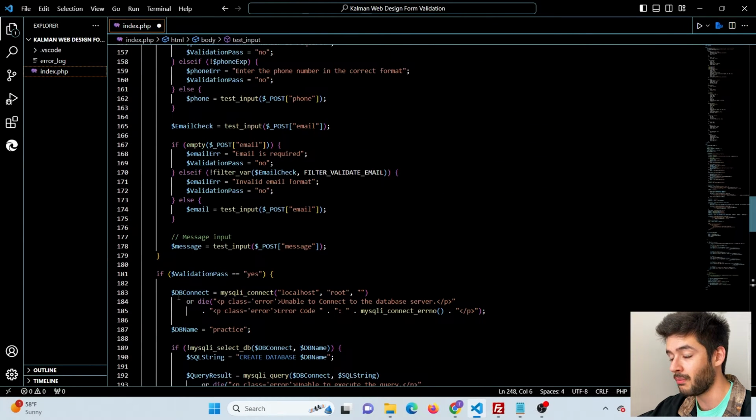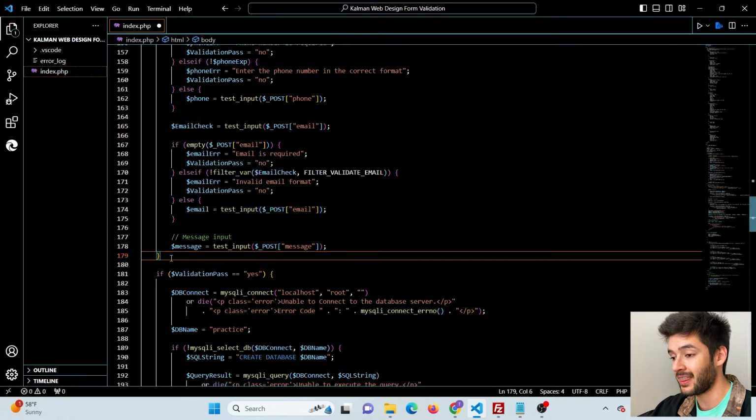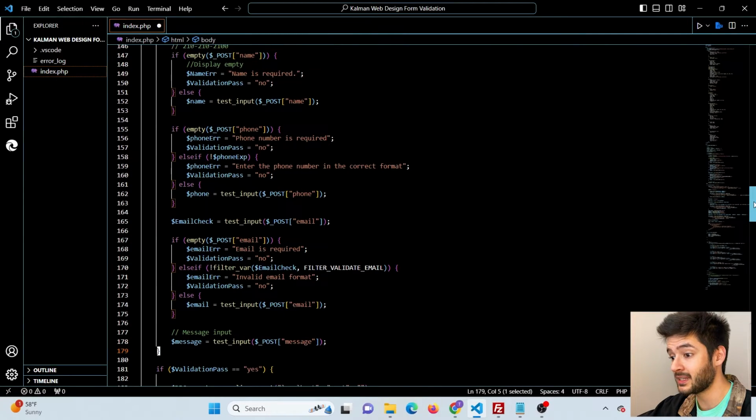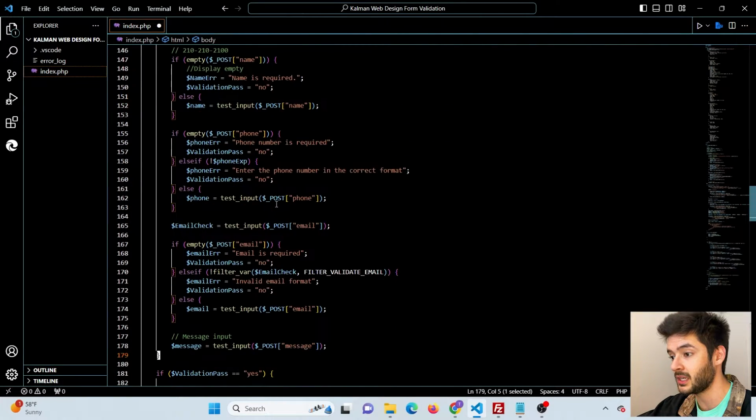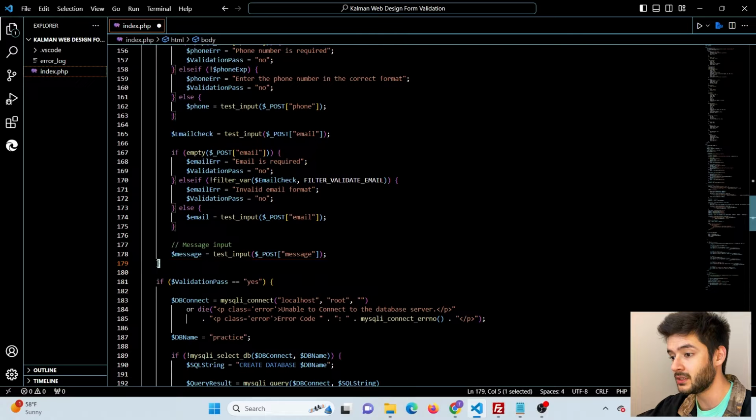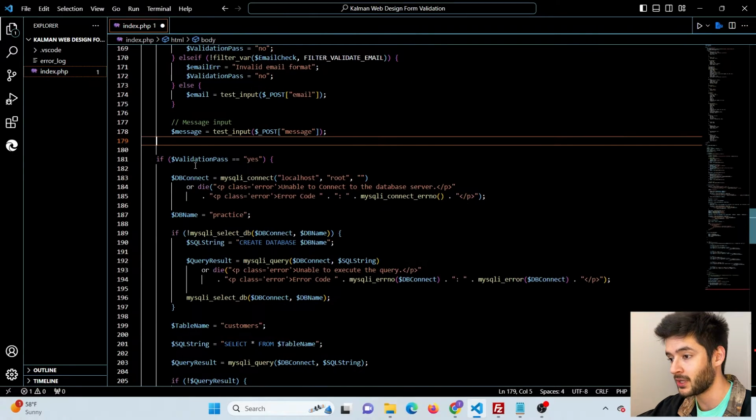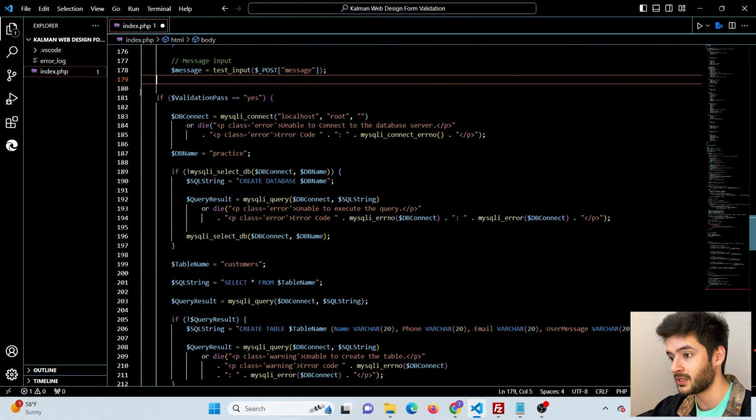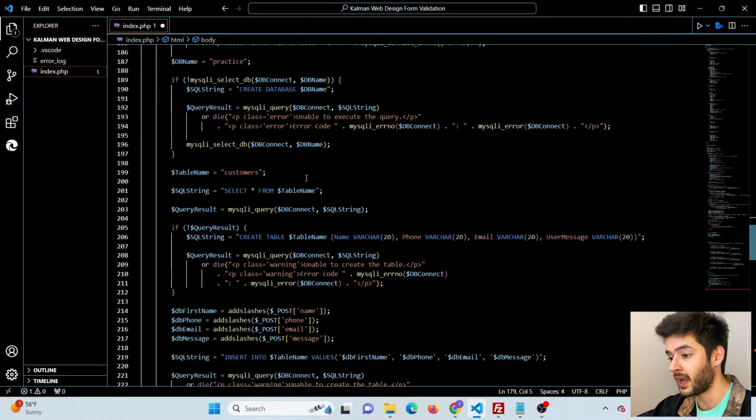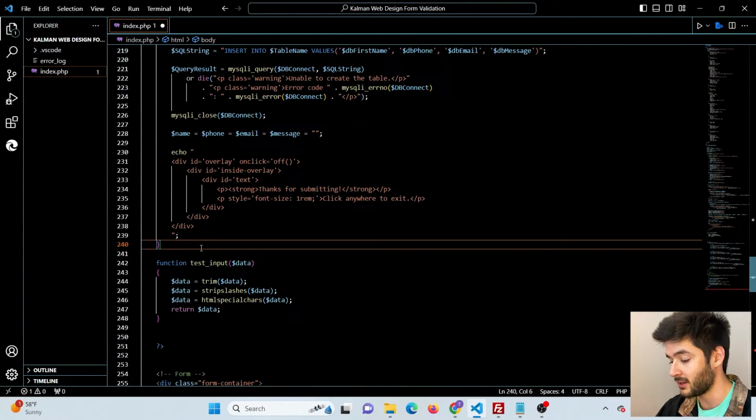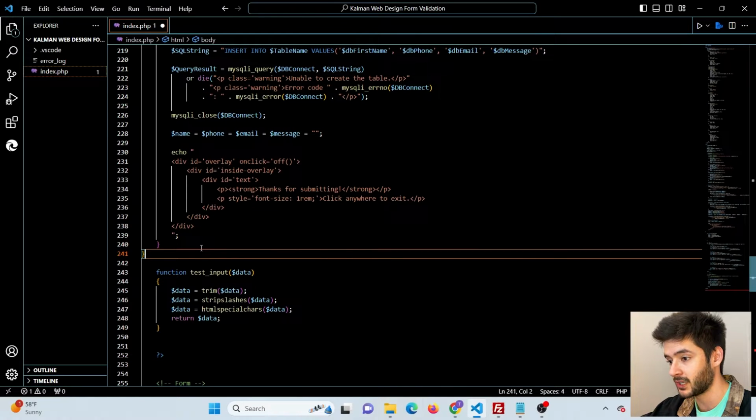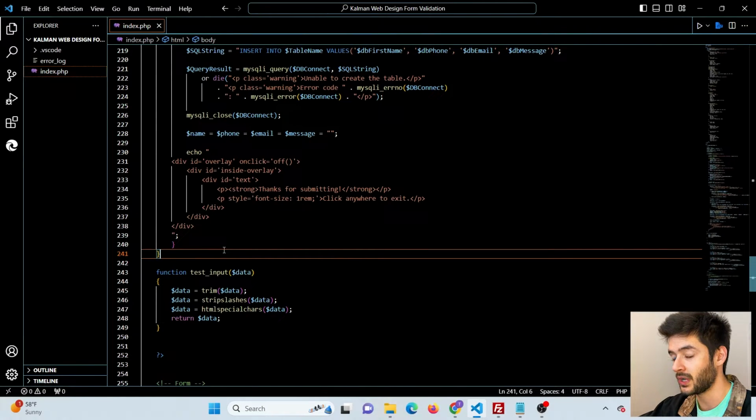Next, we want to scroll back up and find this bracket here, and Control X that. This bracket is the ending bracket in our if server request method equals post. And the reason we need to Control X this and move it down is because we need that if statement to encompass all of our database connection and queries here. So we're going to go right before our test input function, add it here,